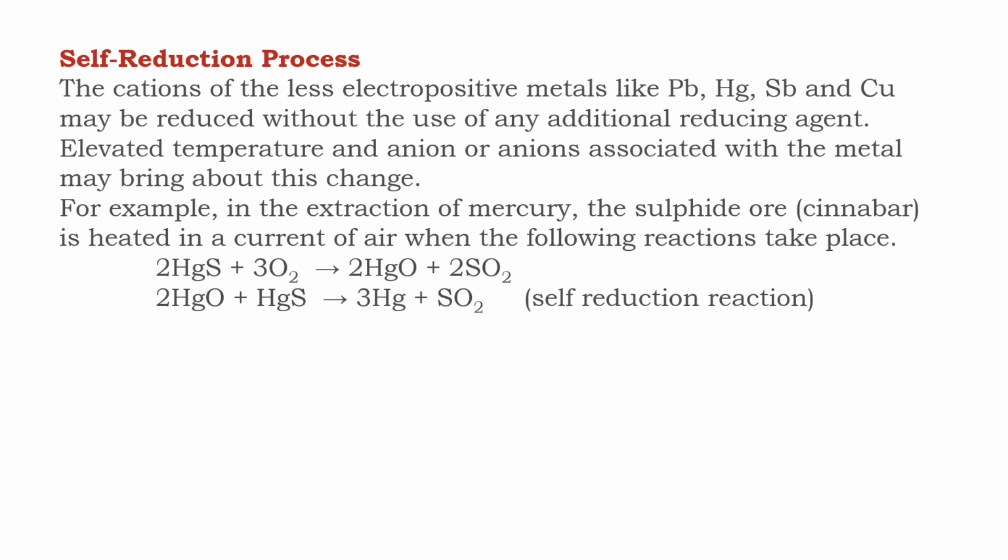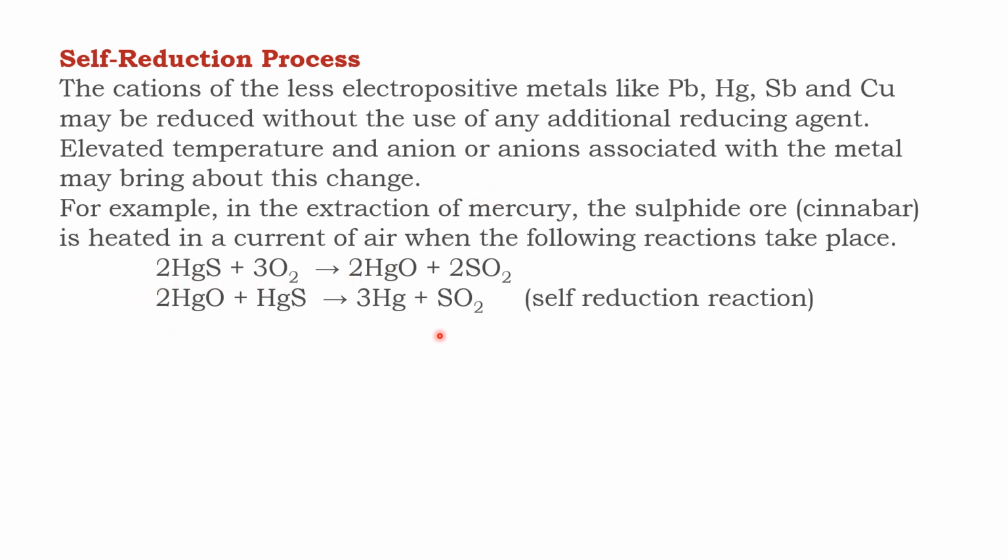For the extraction of certain metals, self-reduction occurs. That means the oxide or sulphide or hydroxide of the same metal undergoes oxidation reduction process so that the metal will be extracted in the crude form. For example, for less electropositive metals like lead, mercury, antimony and copper, we use the oxides of the same metal